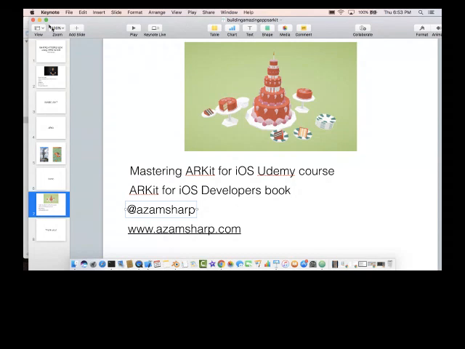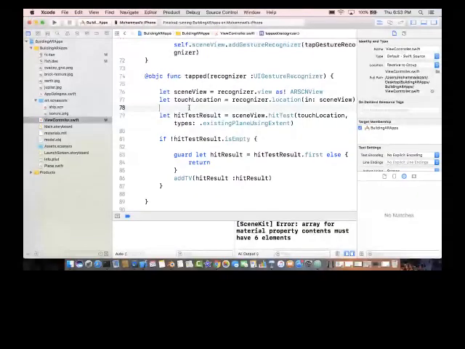But apart from that, thank you so much for coming. I really like to do this on a more regular basis, not only on augmented reality, obviously, but different topics. Sometimes augmented reality, sometimes Swift, sometimes MVVM or lean controllers, and a lot of different stuff I want to do. So once again,